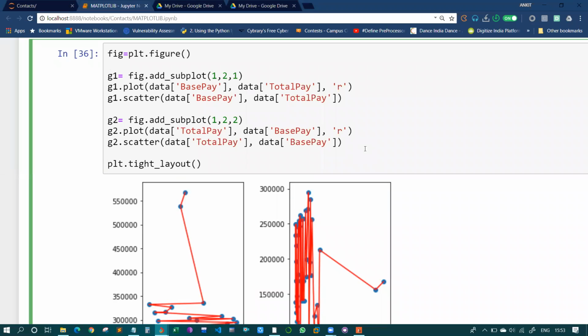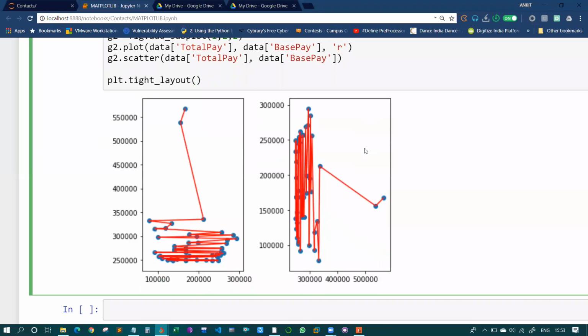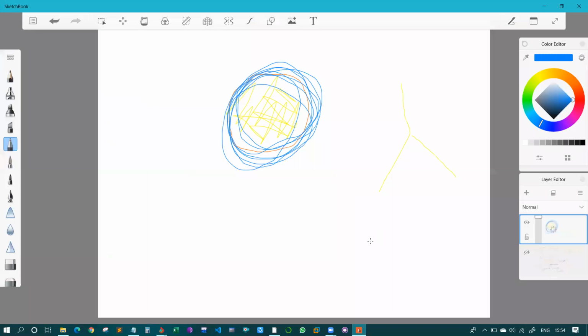I think the concept of rows and columns was clear the previous day, right? Okay, let's take it to the next level.